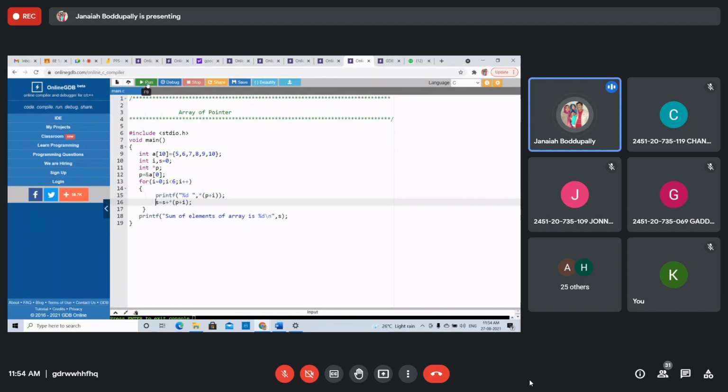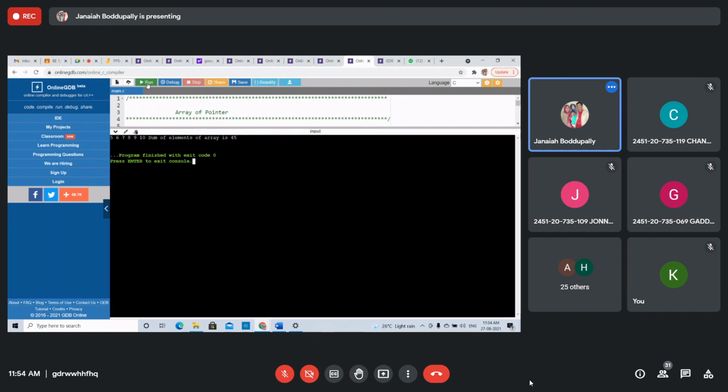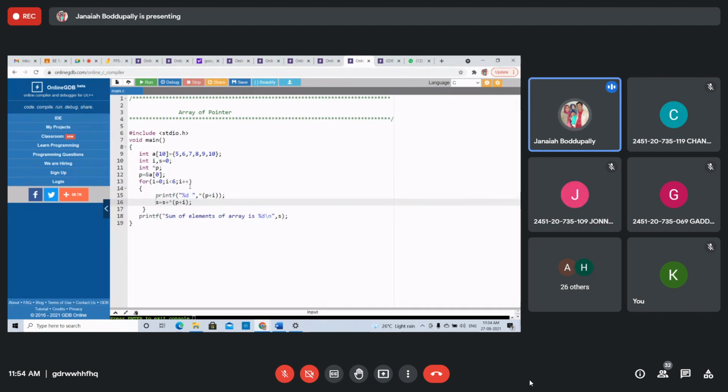Every time you can display the elements. I have given the space. Array elements can also be 5, 6, 7, 8, 9. If you want to display all elements and the sum, same as all the elements, you want to display with space, I give it here.